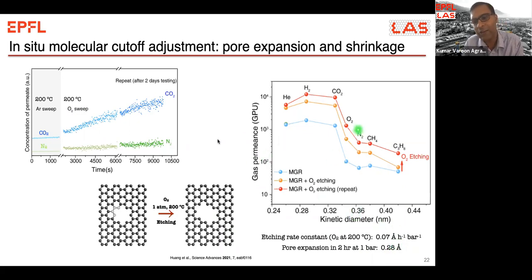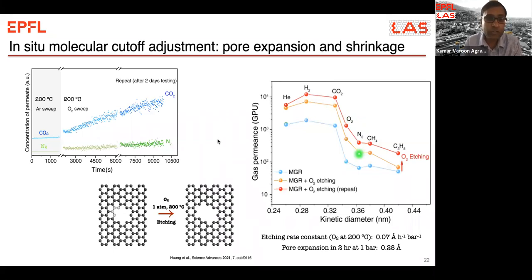And this is somewhat exactly what we see: when we do this, the cutoff still falls beyond CO2. But if you now look at what is happening between oxygen and nitrogen, oxygen starts to pop up, and the slope that you see between the cutoff of oxygen and nitrogen starts to increase. So oxygen is now somewhere midway between CO2 and nitrogen. And we believe, for example, here the selectivity between oxygen and nitrogen is between 3 and 4. So this could still be a method in future to further fine-tune this approach to even look at one of the most difficult membrane-based separations of gas molecules, which is oxygen and nitrogen.